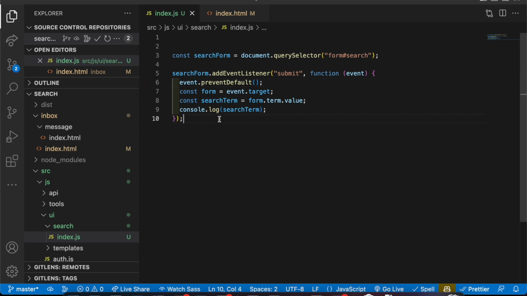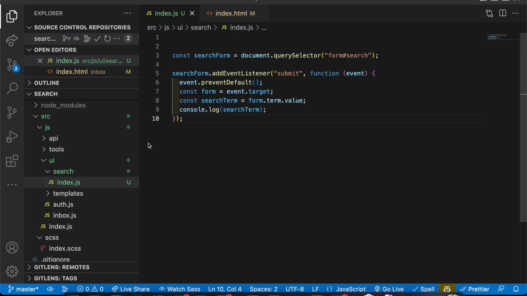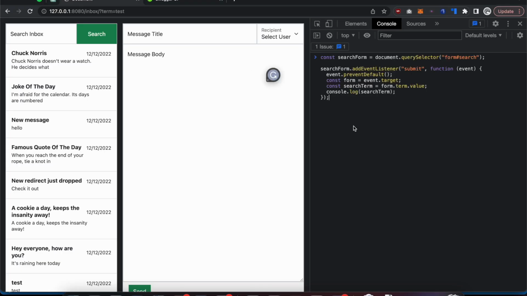Okay, that did not work. I don't have a console error. Oh, I'm not loading this file, so I haven't. If I drop this in here, then we will have some success. There we go. So just to show you it does work,